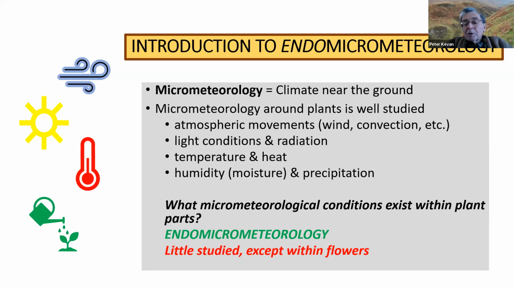But nobody seems to really have paid much attention to what micrometeorological conditions exist within plant parts. So around them, yes, but within, no. And we have coined the word endomicrometeorology to discuss this, and it's not been studied very much except within flowers. So the next slide